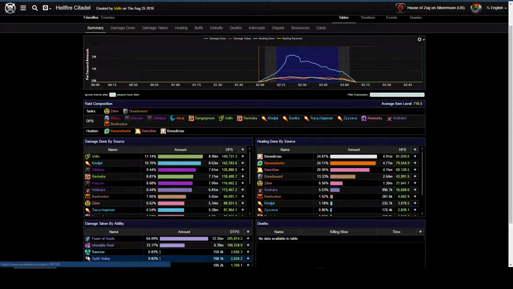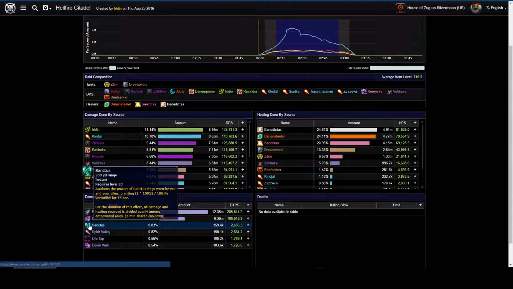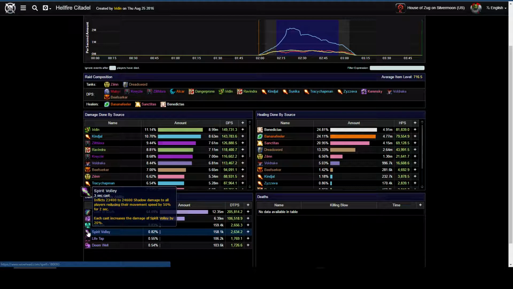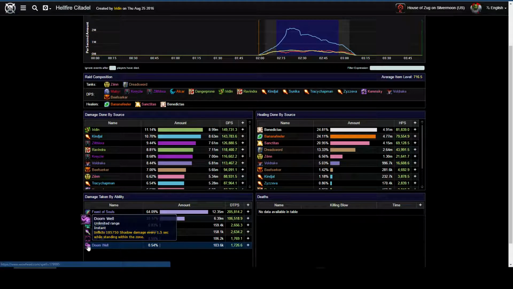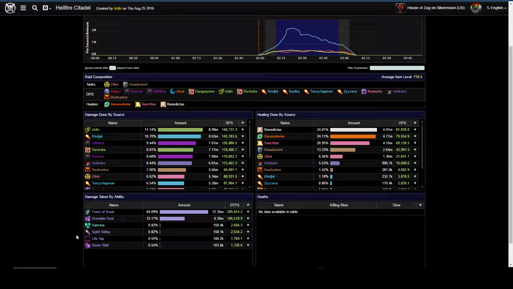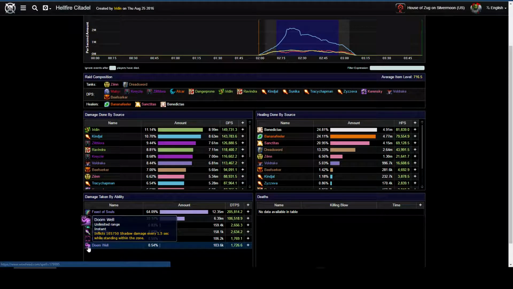And after that, really, anything else is going to be, let's see, the Spirit Volley. So we must have had an add up that got one hit off. You have Life Tap. I don't know how that Doomwell would have happened, but it may be one of those things where, oh, I know what it is. So this was